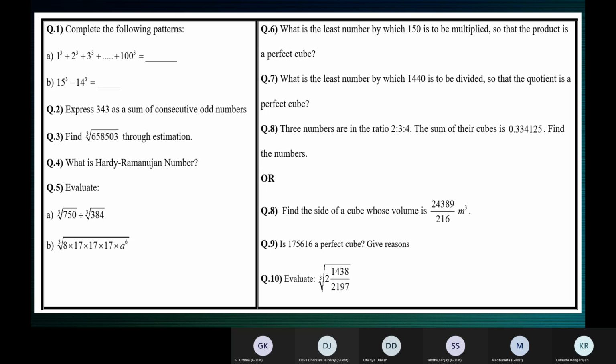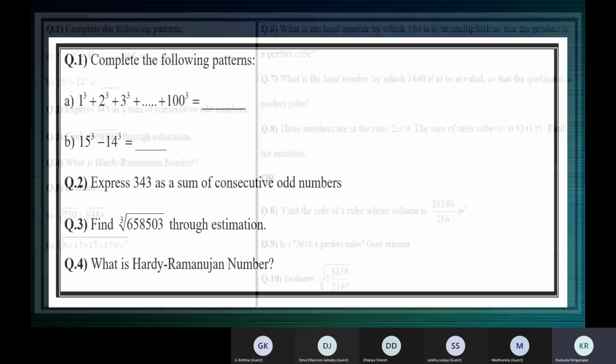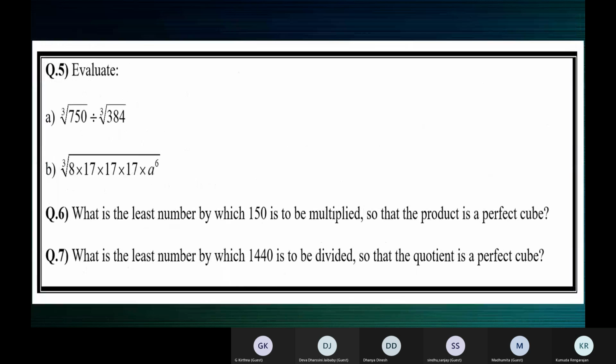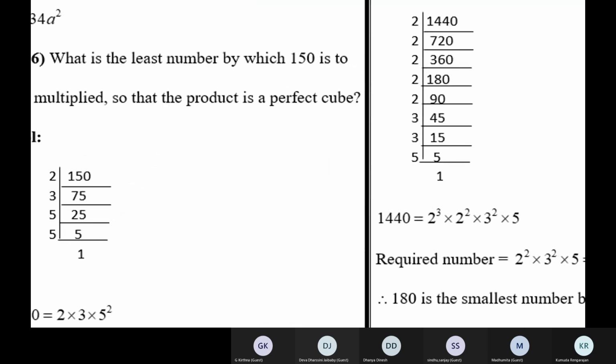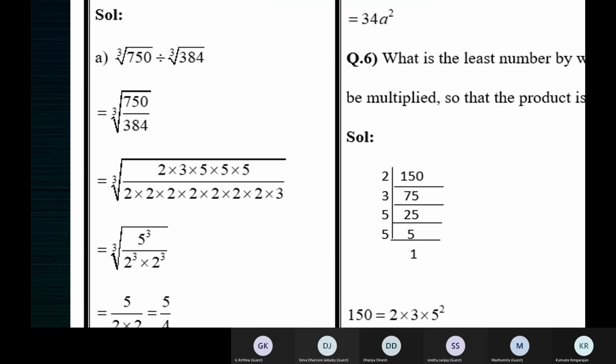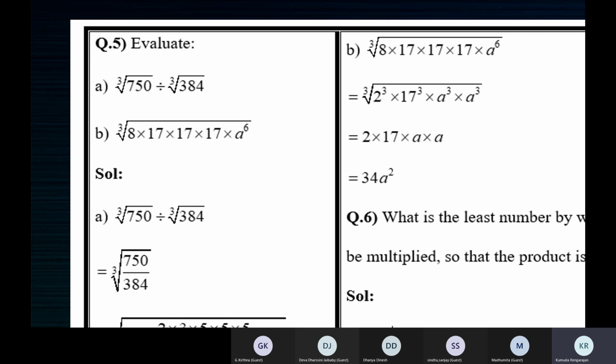Got it? Excuse me, ma'am. Ma'am, after doing the prime factorization for both the numbers, we end up with some factors. When this number is not a perfect cube, what should I do next? Okay, fine. Okay, so this is what it is. See here.